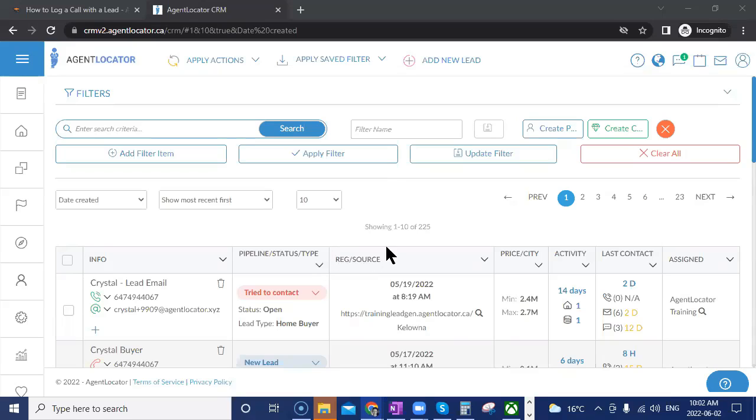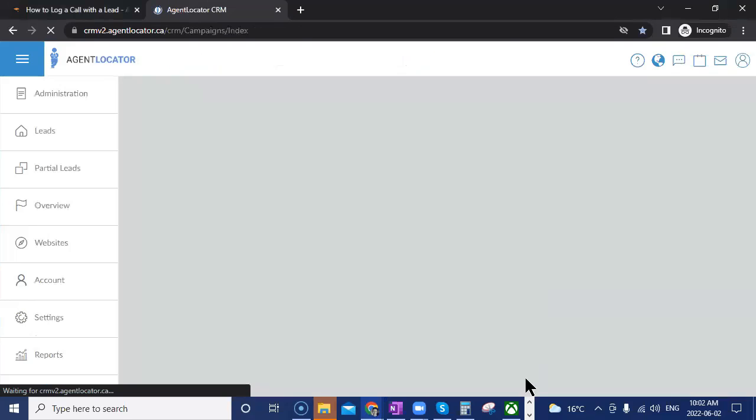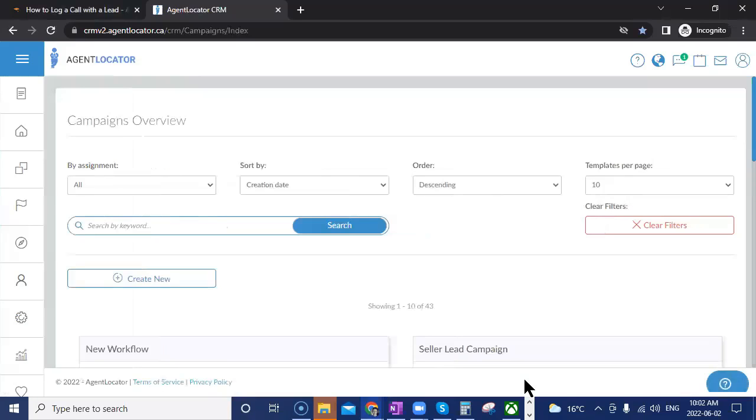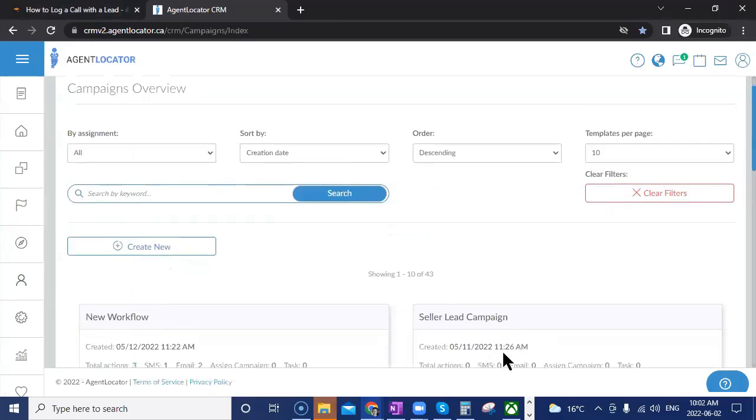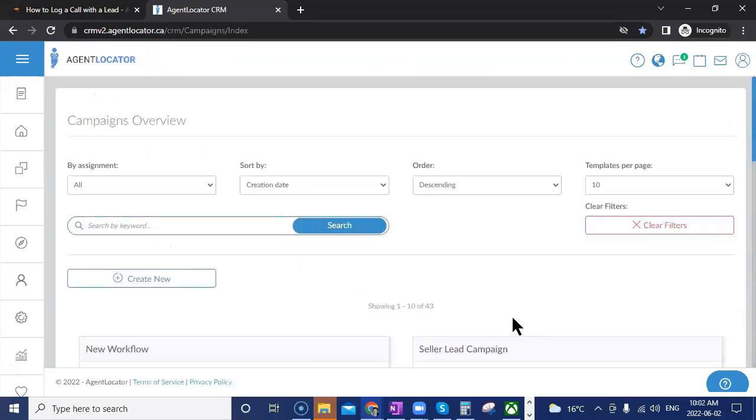So for you in your CRM system to be able to access and or build the campaigns, you're just going to go over to the settings tab here, and you're going to the campaign template editor. Now, for many of you, if not all of you, you should see a list of campaigns already in your system. Okay, so if you do not see a list of campaigns already in your system, please reach out to our support team. We can easily get these installed so that you can start utilizing some of the basic campaigns